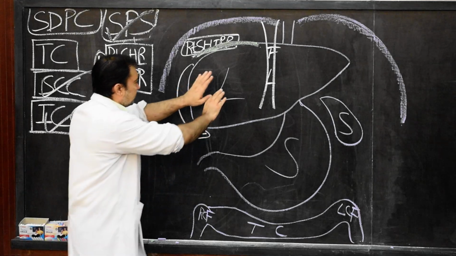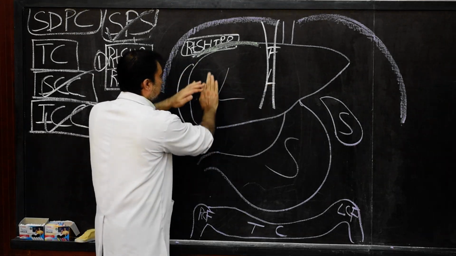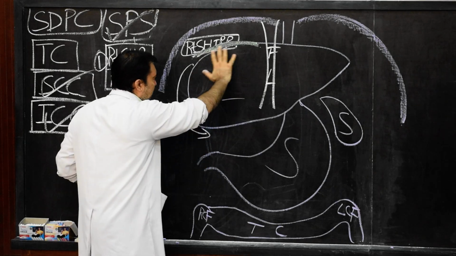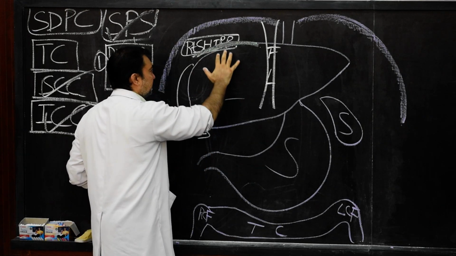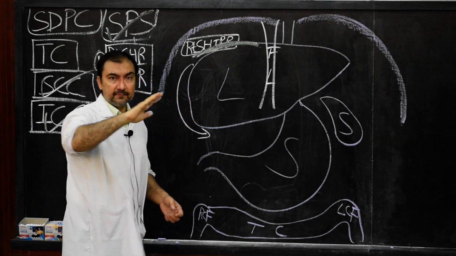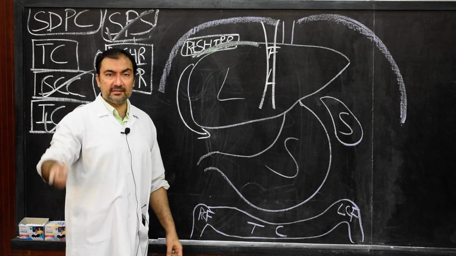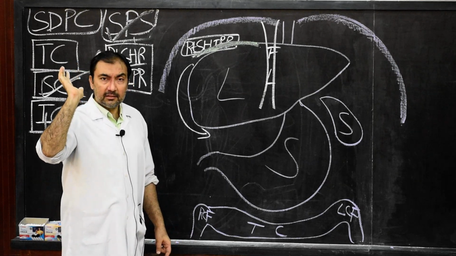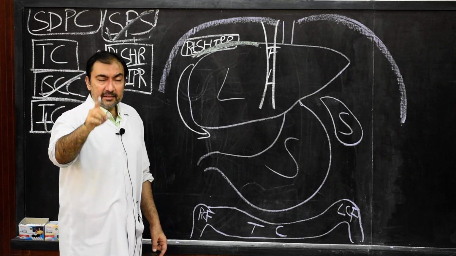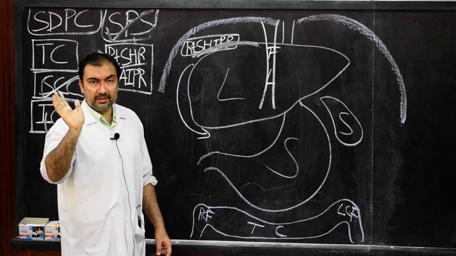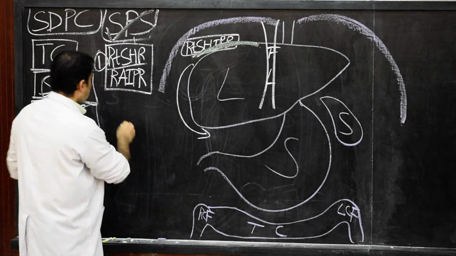And this recess is present after opening the anterior abdominal wall, putting your hand below the diaphragm, and when your hand reaches the anterior surface and superior surface of the right lobe of liver, then your hand is present in this recess. That is the right intraperitoneal anterior recess, or it is called the right suprahepatic recess. Very simple. Now the second one.